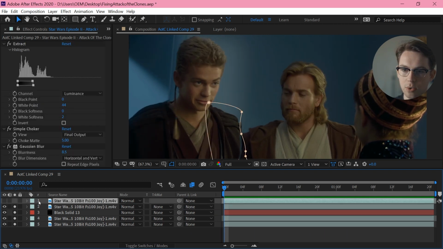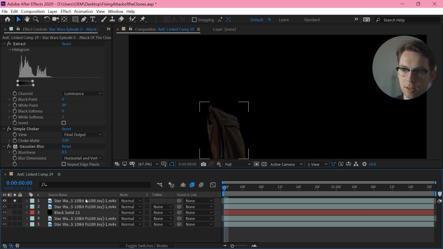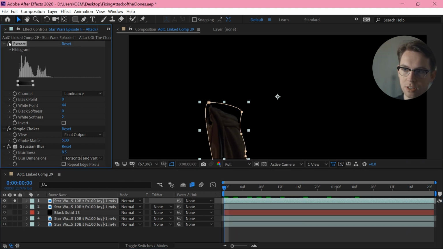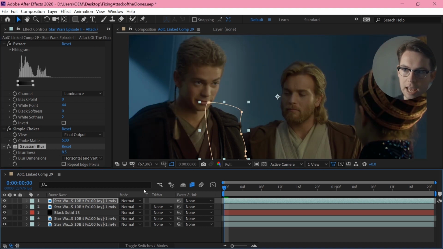So I need to do another layer on the very top of this, which is again masked roughly, with an extraction to separate the blue wall out, a choker to improve that, and then a Gaussian blur just to soften that up. And I'm using that layer just sitting on top.